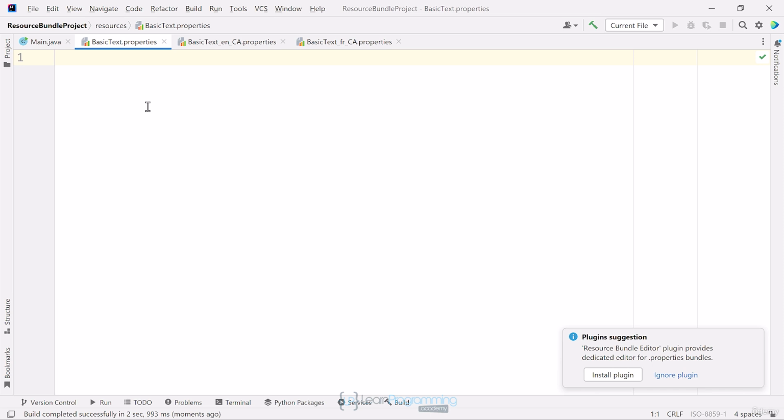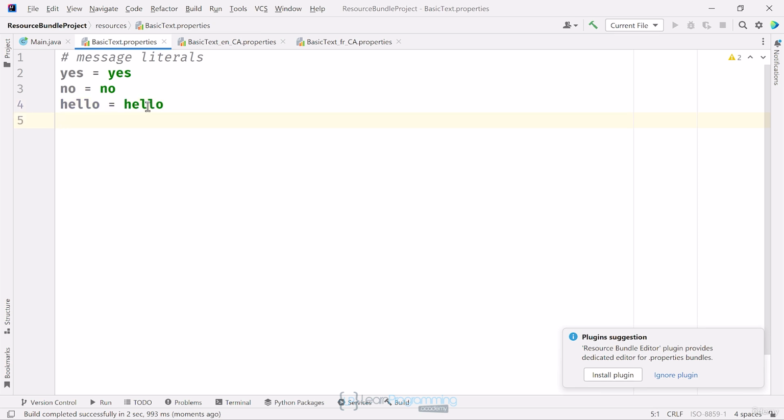I'll start editing this file by including a comment first. Comments in property files are different than Java comments. They start with a hashtag or pound sign or an exclamation mark. Next, I need to set up some key value pairs. The key shouldn't contain any spaces. It's common practice to use an equal sign to separate the key and value, but other formats are supported, which I'll show you shortly. I'll do the same thing for the no key and its value, and I'll add hello and world as well. Now if I run again,